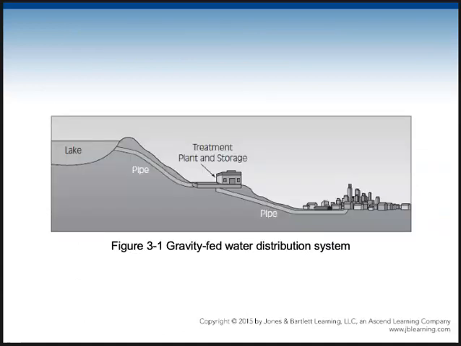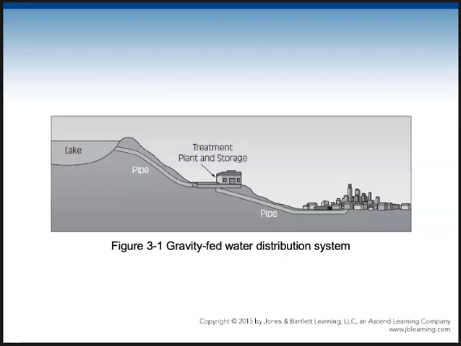So here's a diagram of a gravity-fed water distribution system. In this one, it's saying we're going to use the lake that is at a higher elevation. It's going to go down to a treatment plant, and then it's going to go down to the community, and we'll have used the increase in pressure from gravity,